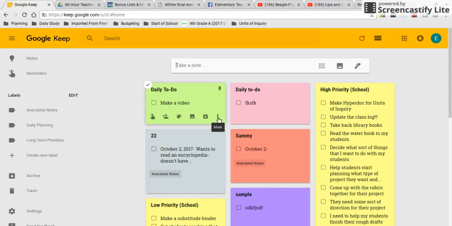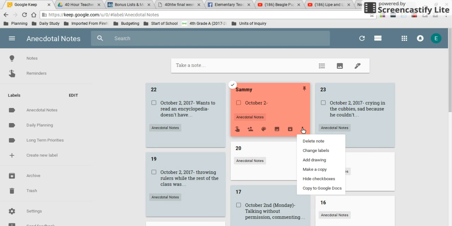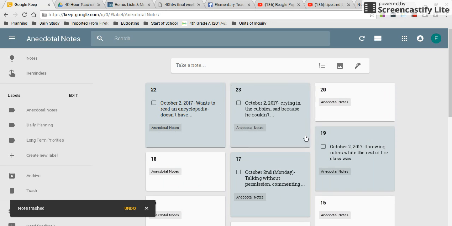You can also label, and that's really what I want to show today, how I use the labels with the daily to do. So if you look on the left hand side over here, you can see my different labels that I've made, and this is how I use the lists in Google Keep. So first I'll just show my anecdotal notes. This isn't part of the list taking system,